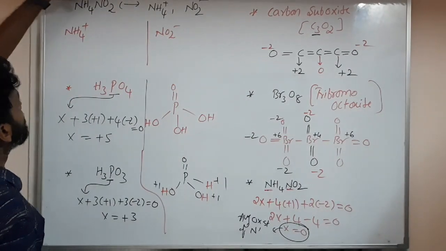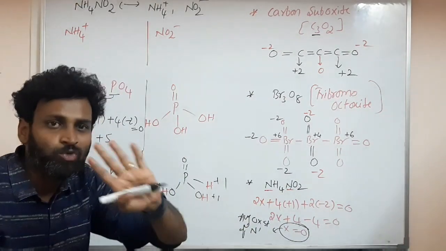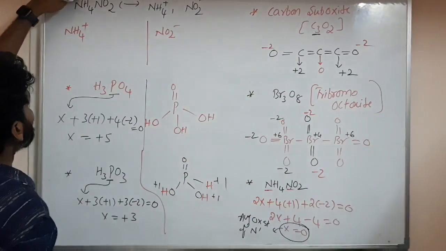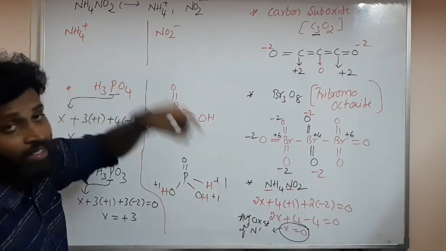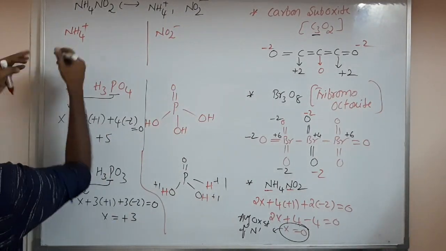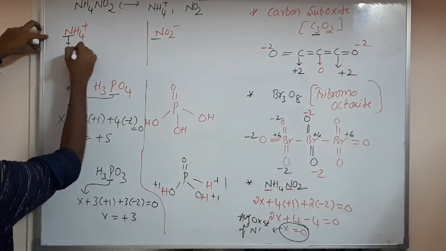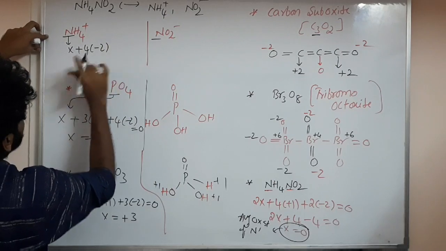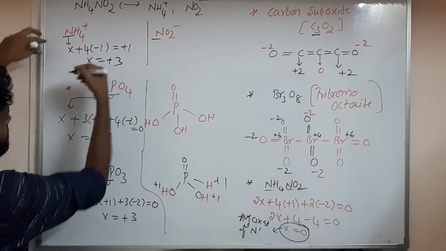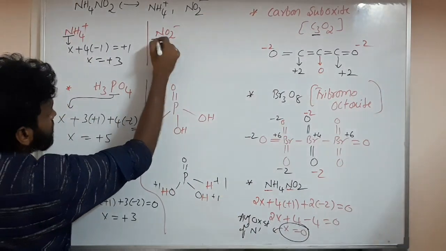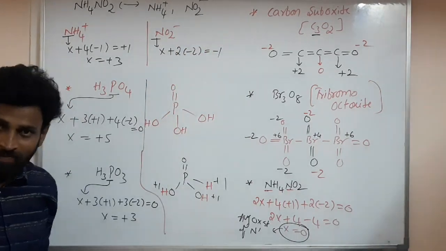Otherwise, the average nitrogen oxidation state is, as I said, 0. But in NH4 plus, the nitrogen oxidation state is different. In NO2 minus, the nitrogen oxidation state is different. Now, to find the nitrogen oxidation state, you have to consider x plus 4 into